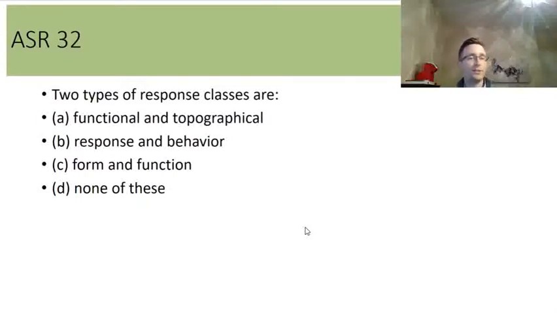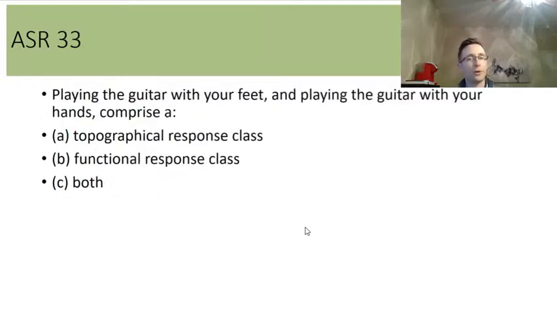2 types of response classes are A, functional and topographical, B, response and behavior, C, form and function, or D, none of these. A couple more seconds. Alright, I'll close the poll. The response classes are functional and topographical. ASR 33. Playing the guitar with your feet and playing the guitar with your hands comprise A, a topographical response class, B, a functional response class, or C, both. A couple more seconds. Alright, I'll close the poll, and the answer here is B, functional response class, because we have 2 topographies, playing